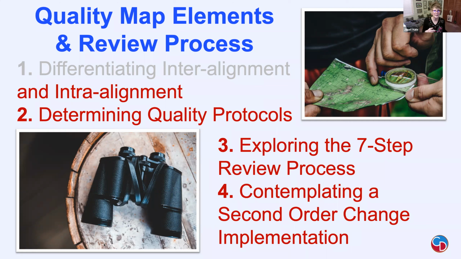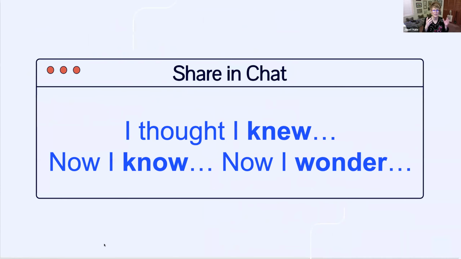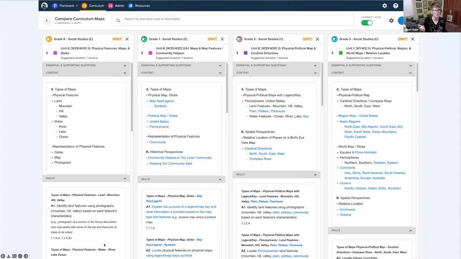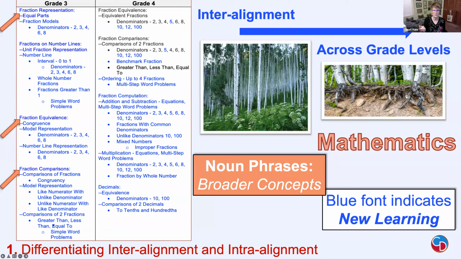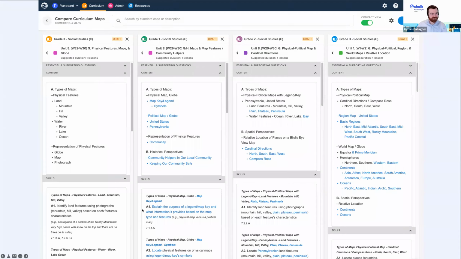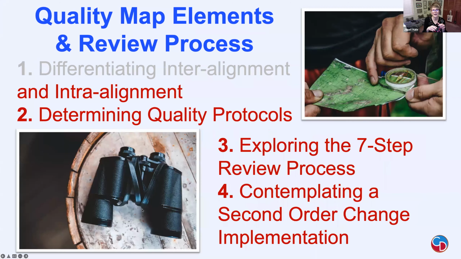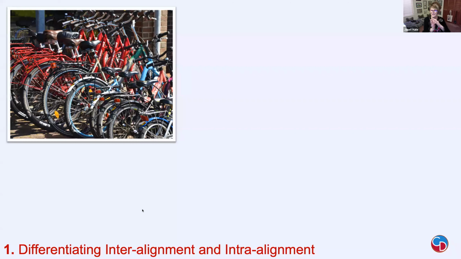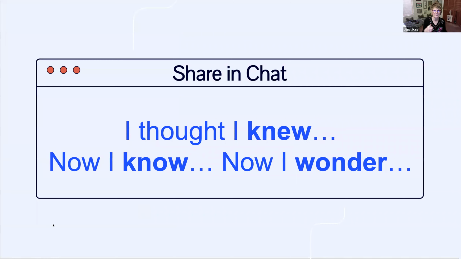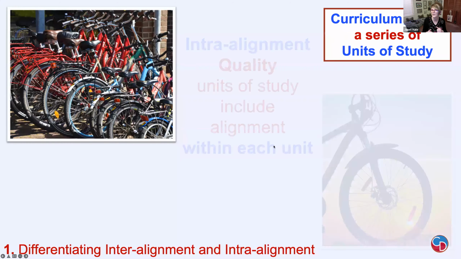So with that said, I want to talk for just a moment about what I really mean when, oh, it's going backwards for some reason. Here we go. It's really going backwards, Keenan. Sorry, let me grab it. Slide. Next one. There you go. About this idea of, okay, we've got it aligned vertically. And some of you said you really like my idea about blue equals new learning vertically. But now we're talking about the within. It keeps going back, Keenan. I'm going to have you just click for me. Yeah, sure. Yeah, thank you.